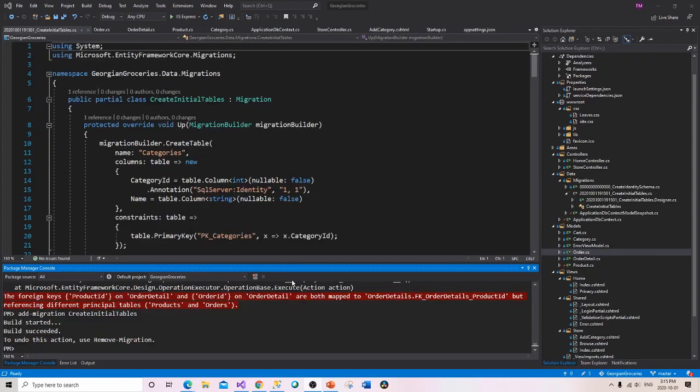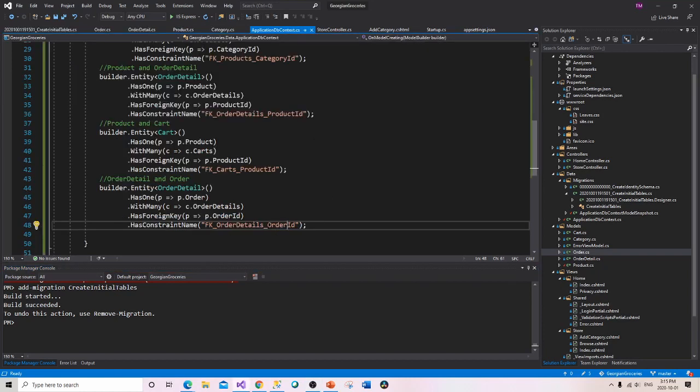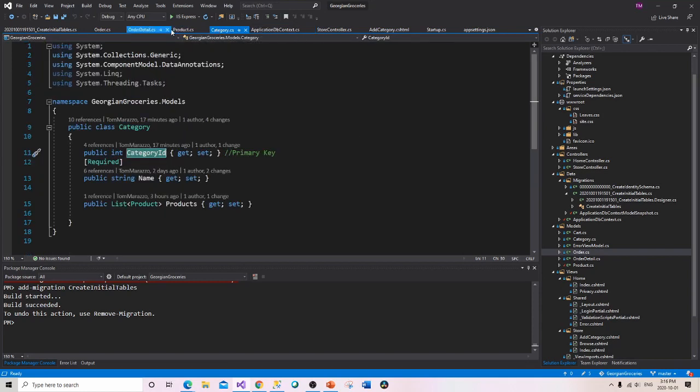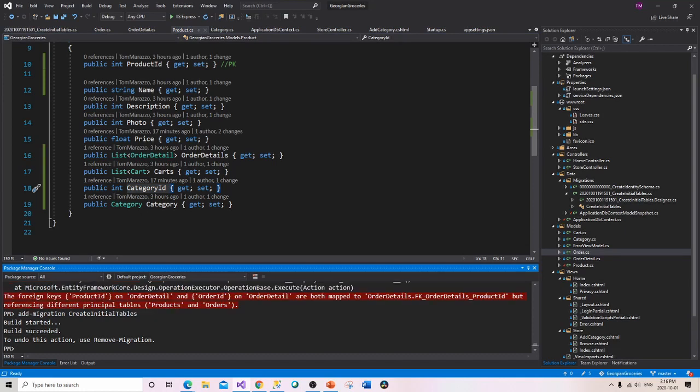Okay, so I had a couple of issues back in my DB context. This should have been switched to order ID. And another issue was in my, not my category, but in my products. I think I had these wrong. Either way, I made the changes, and what's happened is now I've gone to my,